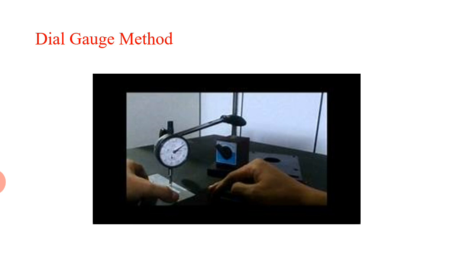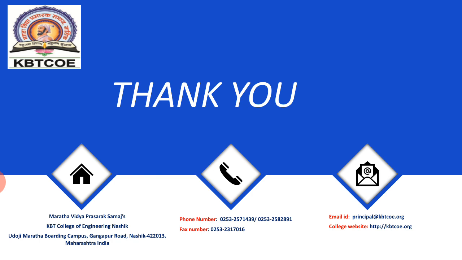Next method is the straight edge method. This method we already discussed in case of straightness. The same one is used here. A straight edge of known accuracy is applied to the surface to be tested, and the degree of contact is determined by marking or feeler gauge or light gap. And the last method is the optical flat. Instead of a flat surface, an optical flat is used, and by using the interferometry principle we can determine the flatness of the surface. This one is for straightness and flatness.